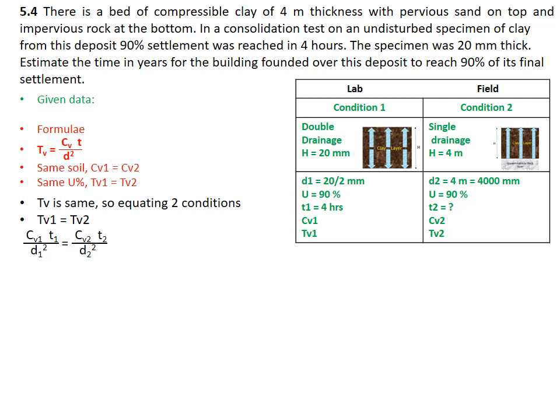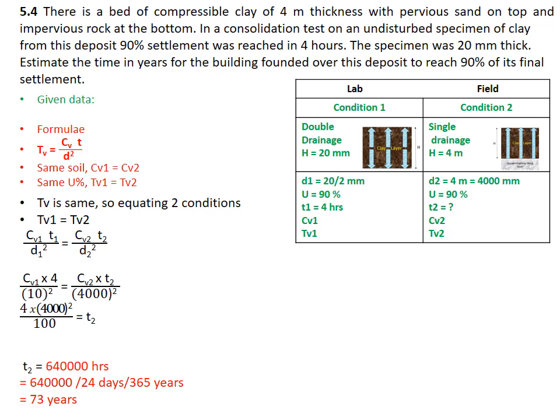T1 is given 4, D1 is 10, T2 we don't know, and D2 is 4000 mm. So putting these values and cancelling CV1, CV2, we'll get this equation with the only unknown T2, and if we solve it, we'll get the T2 value as